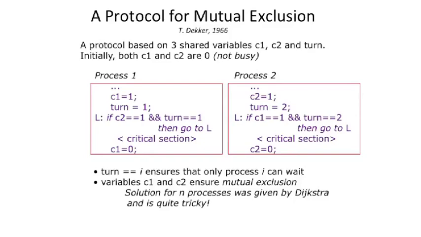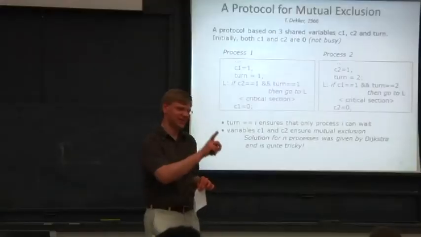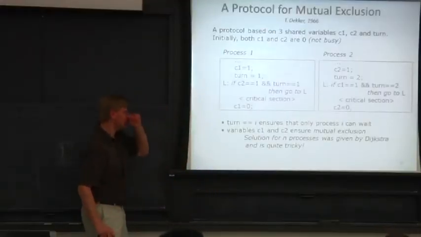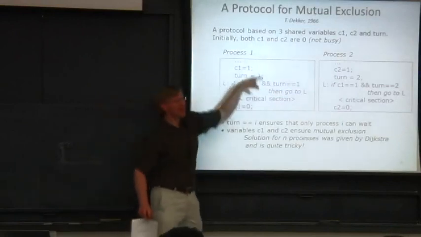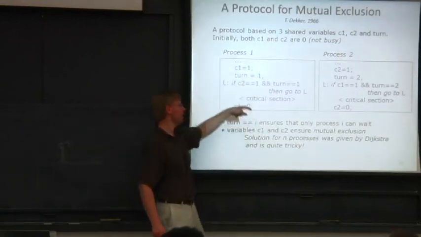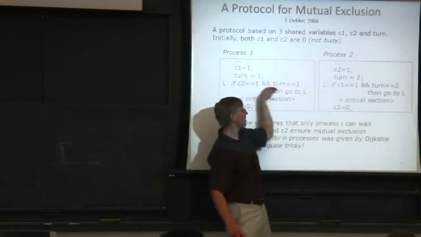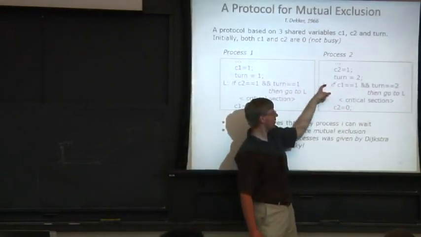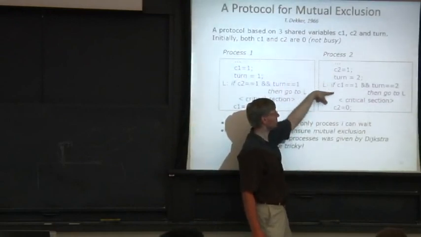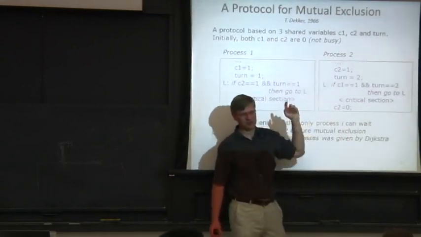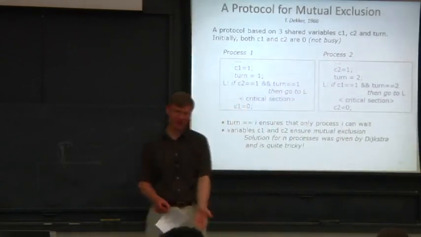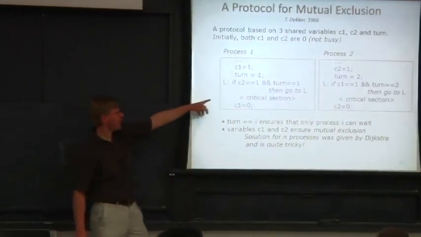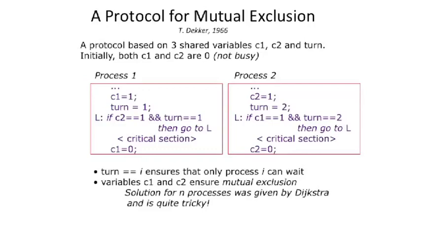Now, the reason you don't get starvation is actually kind of subtle. OK, so let's look at the starvation case. Let's say process 1's really fast. It can just loop around, and it can get around this loop and come to this point before process 2 can basically loop around here once. Is that the case you want to look at? Yeah. So what's going to happen at that point is,